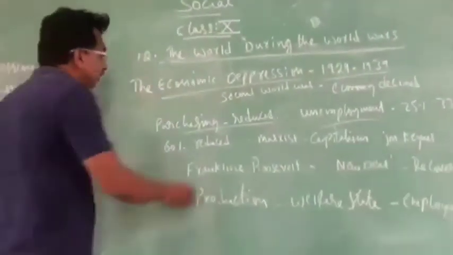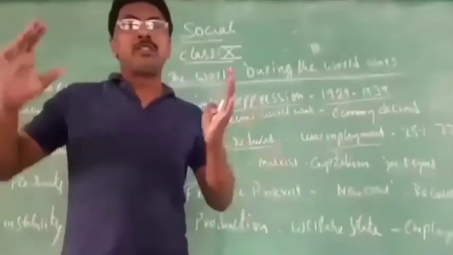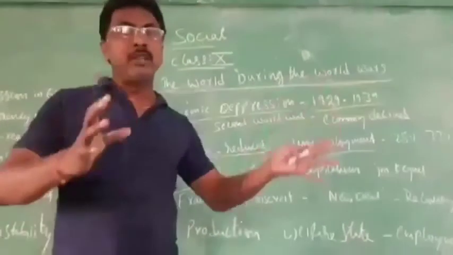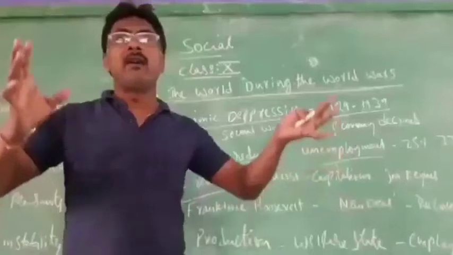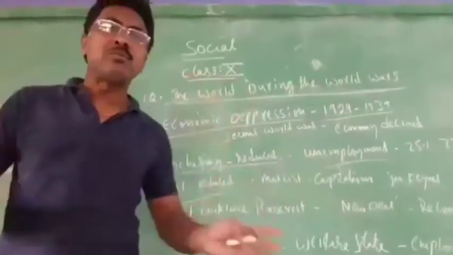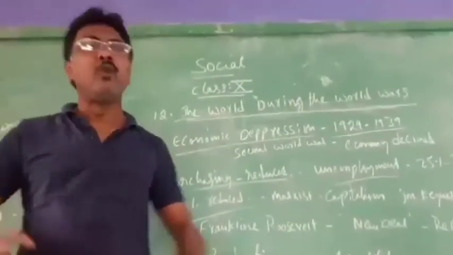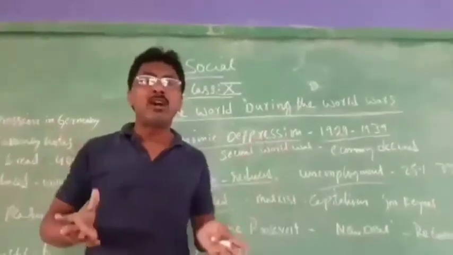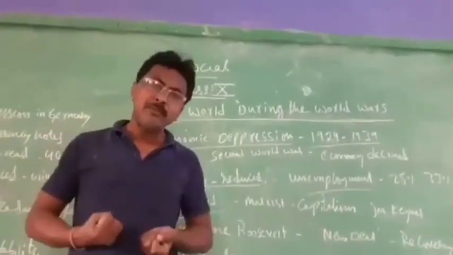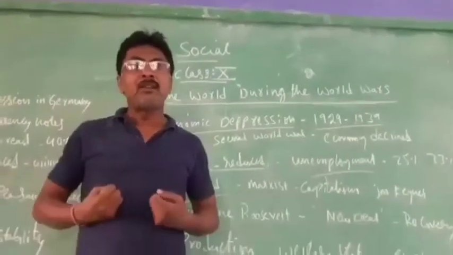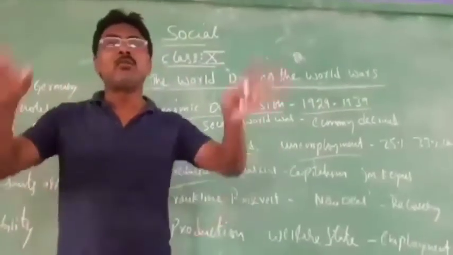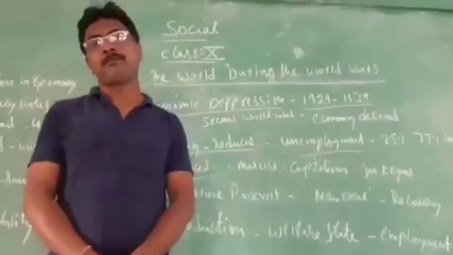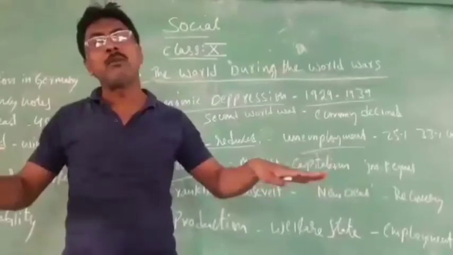And another thing you see, in the market, nobody is purchasing the goods like vegetables, rice, wheat, bread, and some dresses. Those materials that are there in the market, nobody is purchasing. Why are they not purchasing? Because they are not having money. The goods are just lying like that in the market.